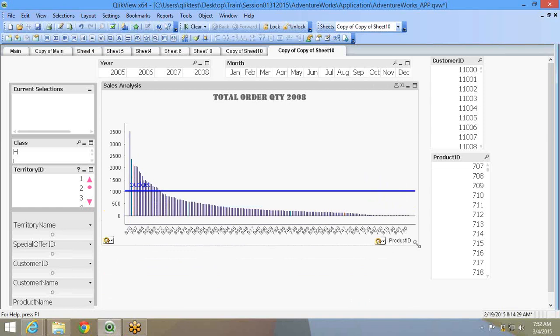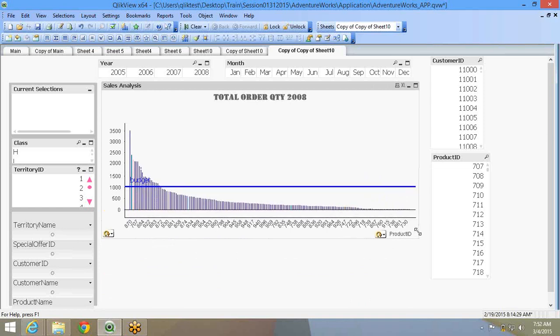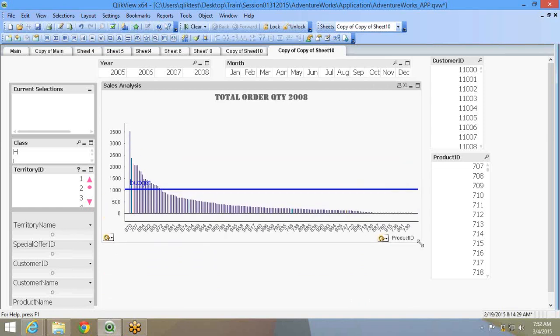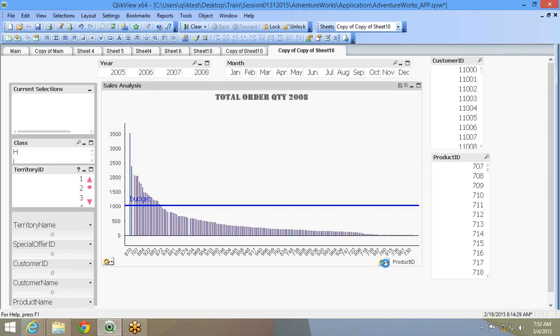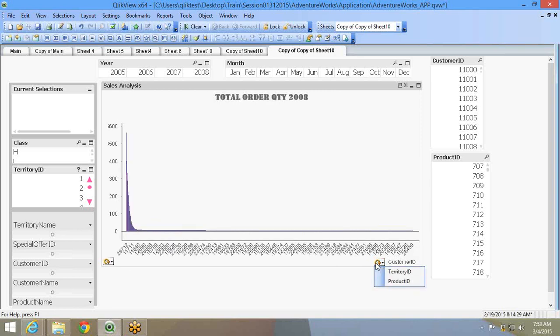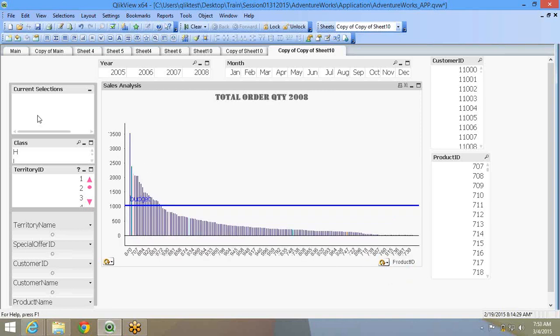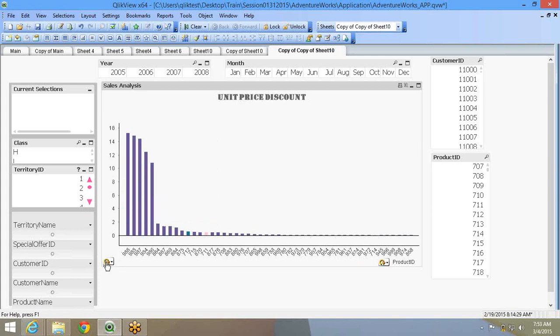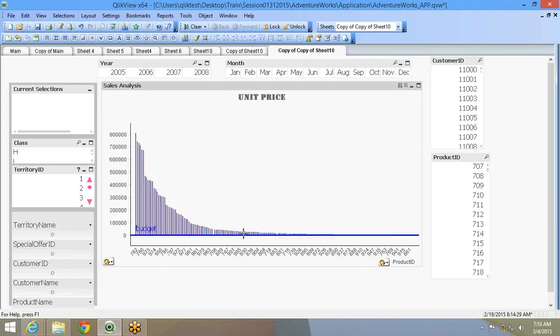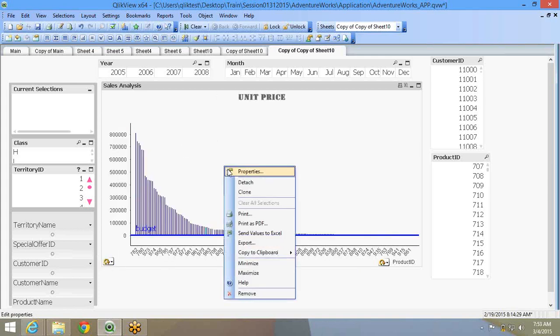Unless the user wants to see all the 3 or 9 charts next to each other, he can always flip it and look at the data. This option is called a cyclic chart. If you observe the current selections, there is no selection happening. It's just that the dimension or the expression is changing based on the input by the user.